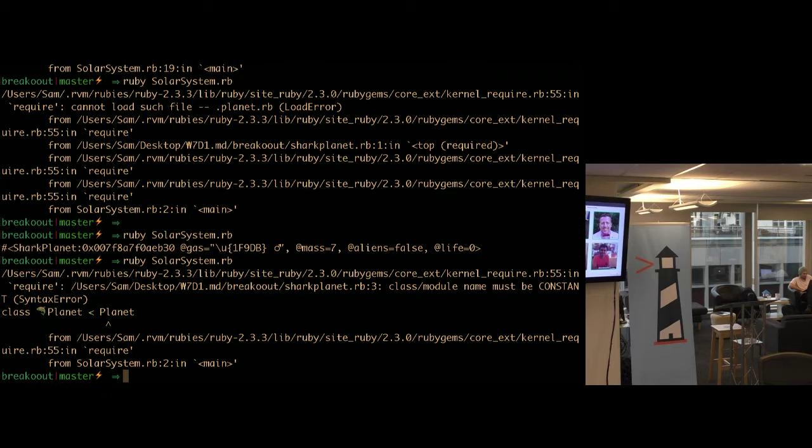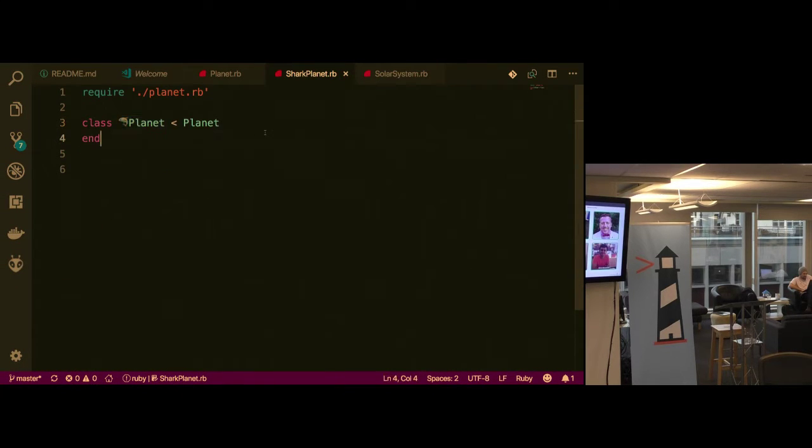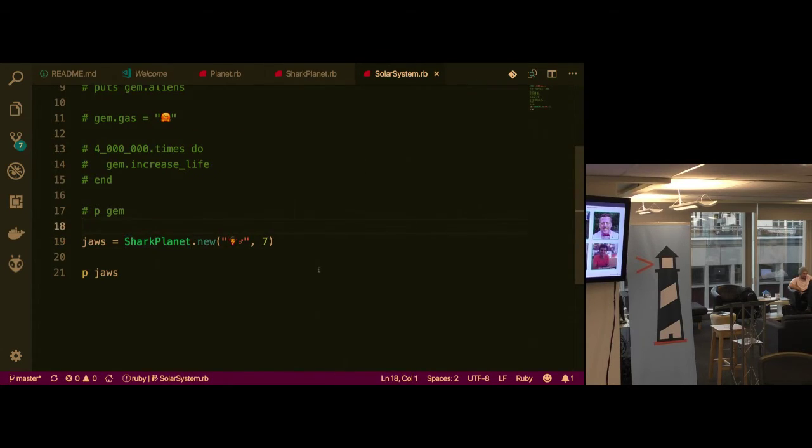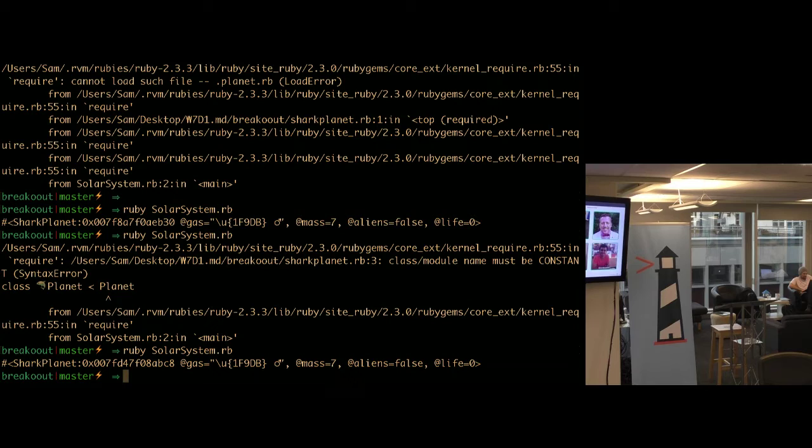Why? Oh, I guess maybe a shark isn't a capital letter? Anyway. How do you have a capital shark? So, that worked. Sweet.